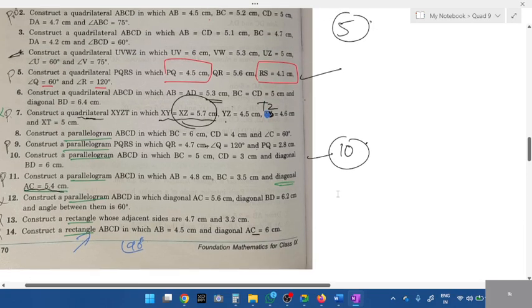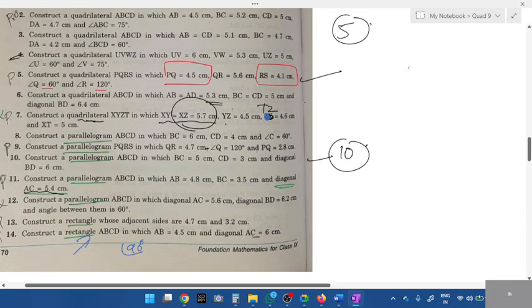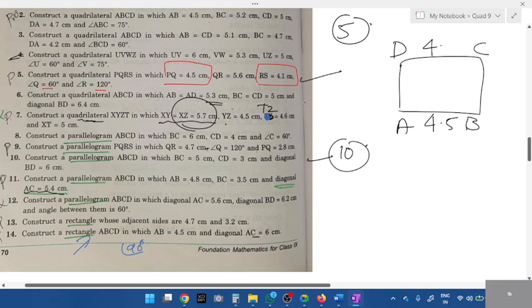Look at the 14th question. A rectangle has how many sides? Four sides, right? It's a straight figure. What is the AB value given? Let me take it as ABCD. If AB is 4.5, what is CD? It's a very simple question. If they give a rectangle or square, what is each angle? How many right angles do you have to construct? Two. What is diagonal AC value? Diagonal AC is